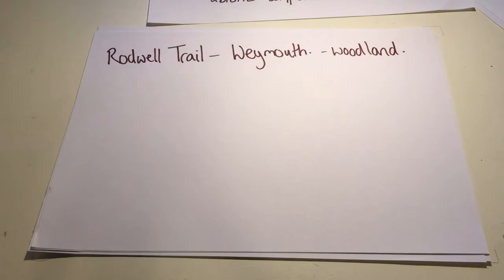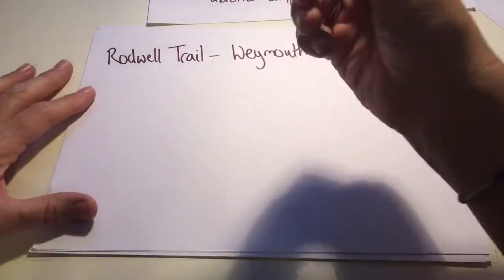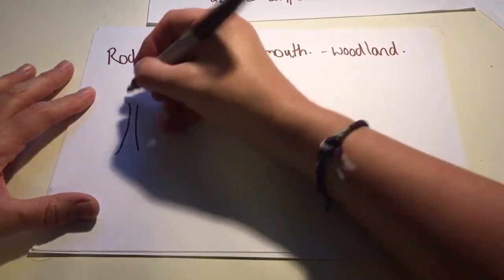Perfect. Now, within that ecosystem, if you're on the Rodwell Trail, so think about the bits where there's lots of trees, lots of smaller plants and animals and birds. Within that ecosystem, we need to break it down and think about the components. So if you think about the components of, say, a computer, you've got lots of different bits. Ecosystems are just the same. So within that ecosystem, you might have some trees